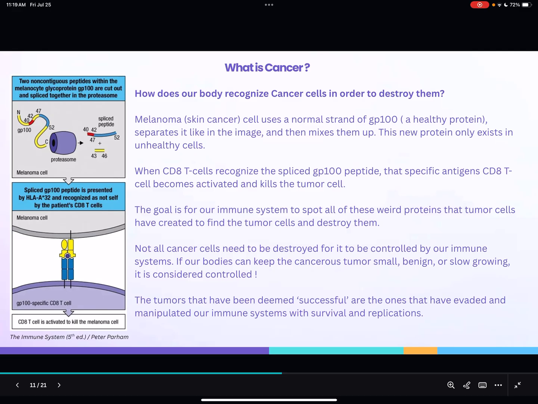So since we are focusing on T cells and dysfunction, we're going to look at this image on the left, which is basically a melanoma, skin cancer, that's used a normal strand of GP100, which is a healthy protein. It's separated it, like as you can see in the image, we see the yellow, the red, and the blue. It's spliced that peptide and then put it together in places that it doesn't belong, which is the